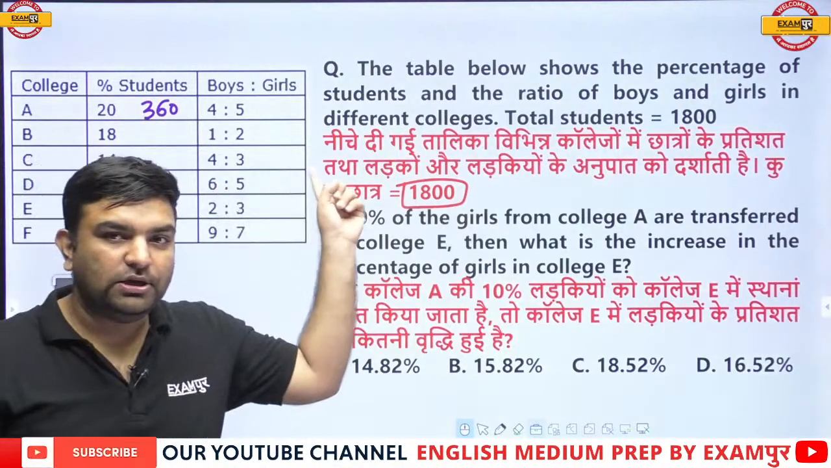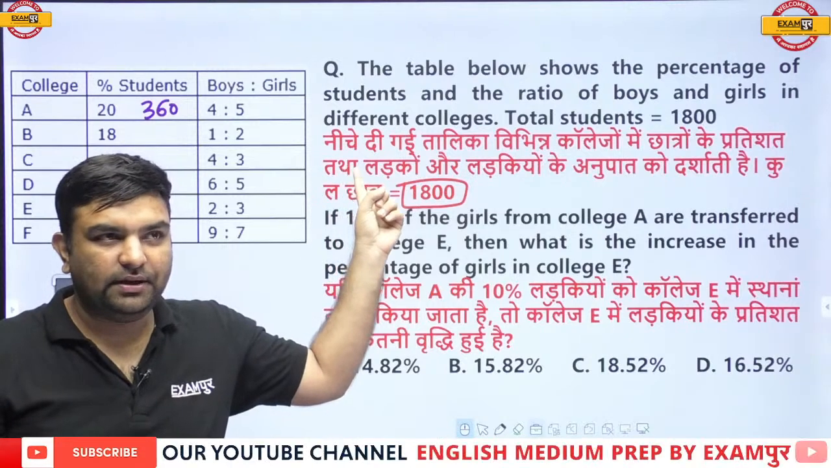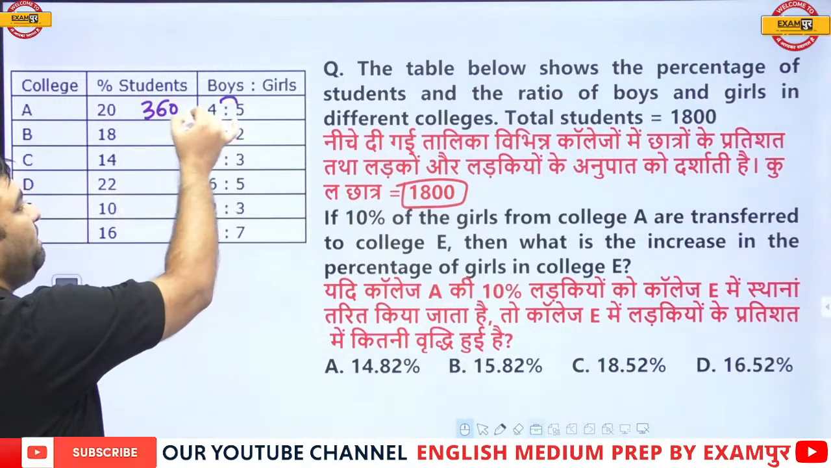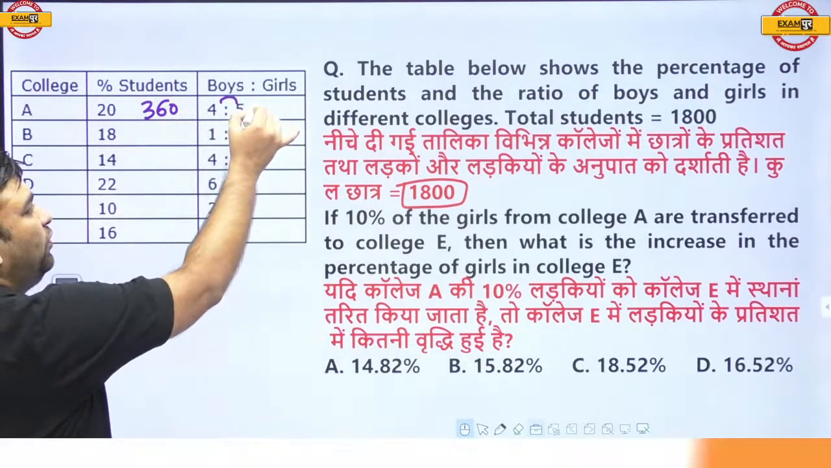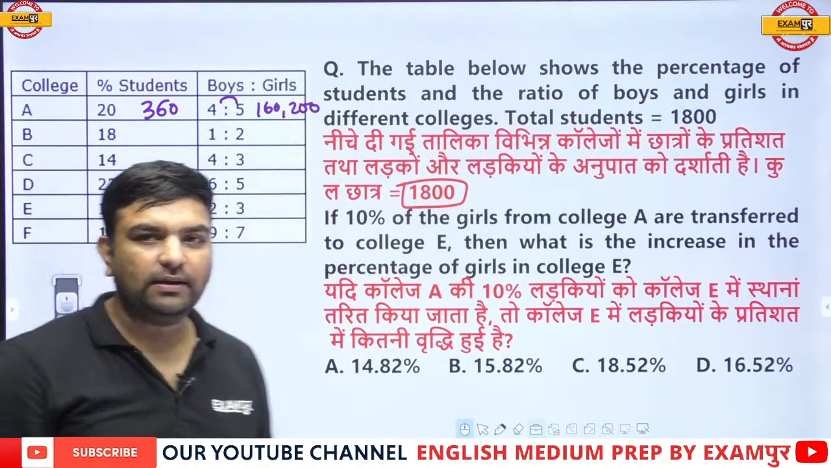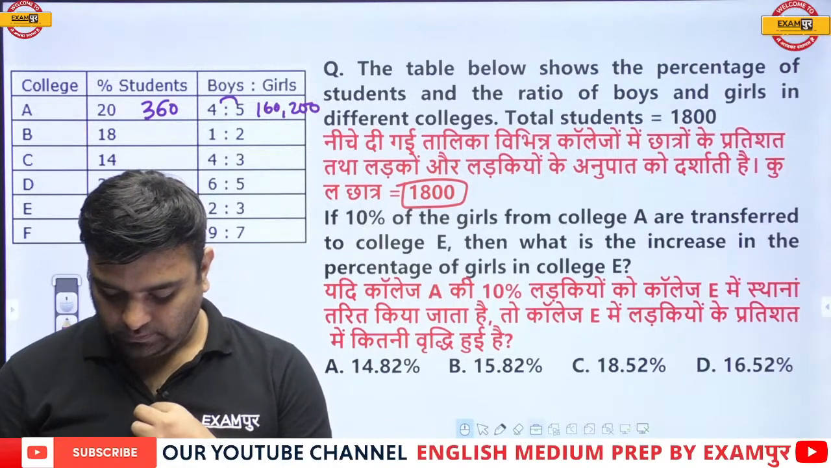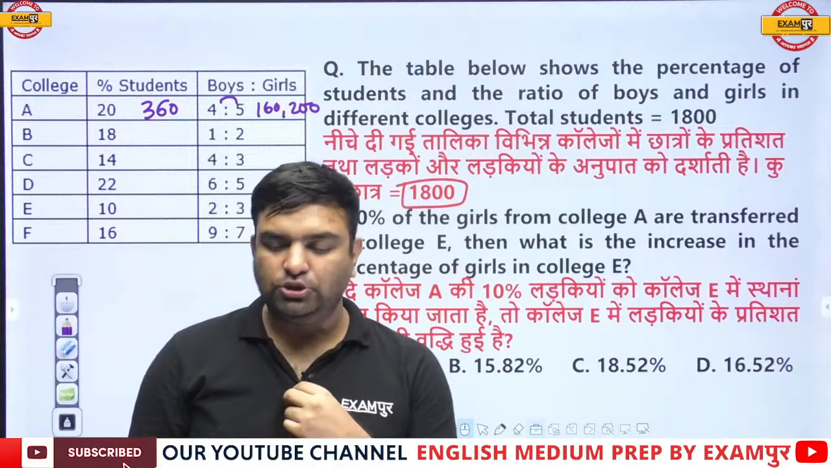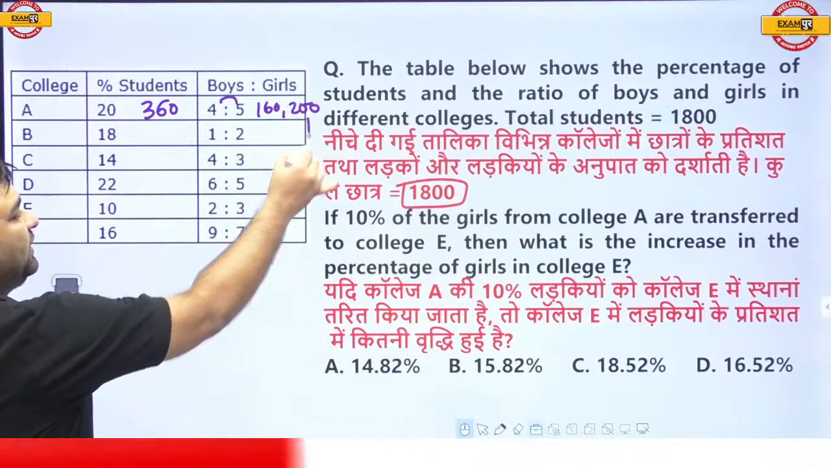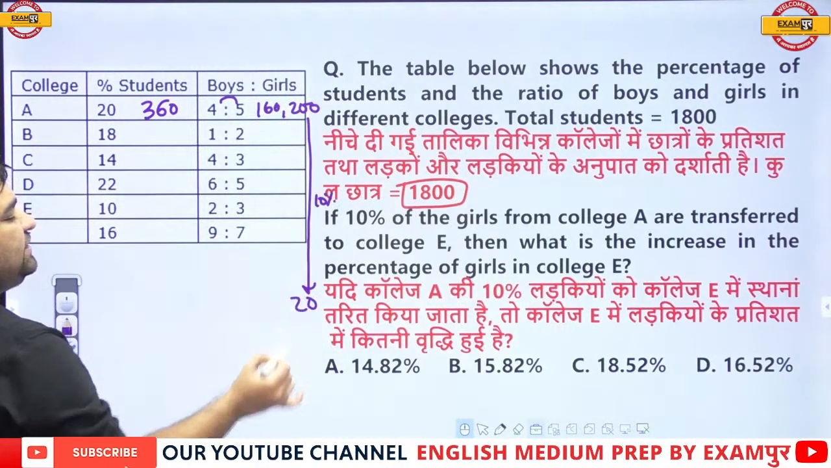Divide 360 in the ratio 4:5 among boys and girls. 9 is equal to 360, 1 is equal to 40, so 4 is equal to 160, 5 is equal to 200. So boys and girls actual number is 160 and 200. Now 10% of the girls. What is 10% of 200? 20 is transferred